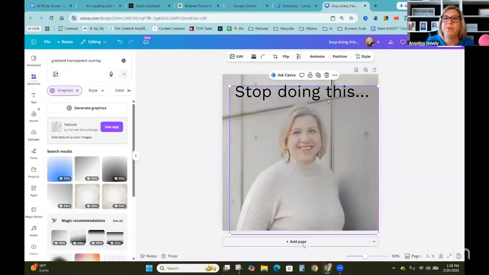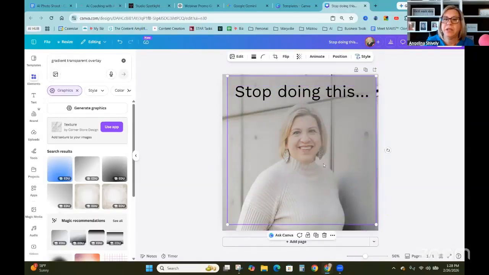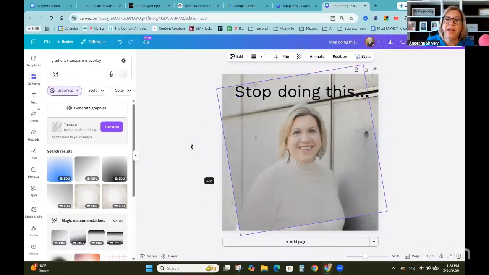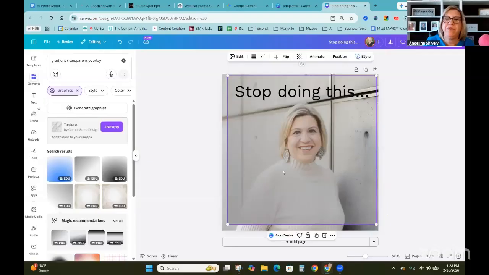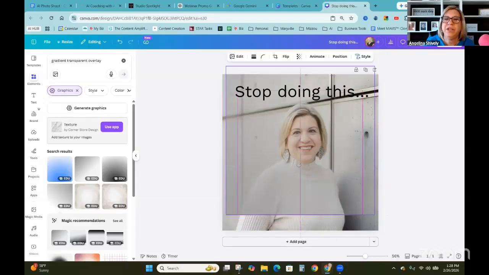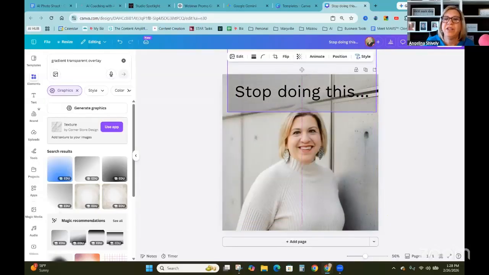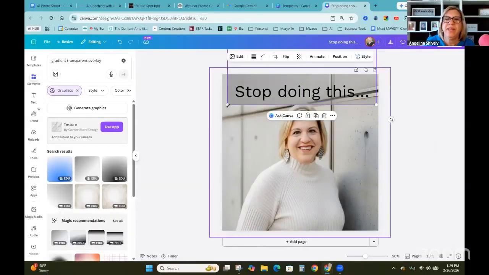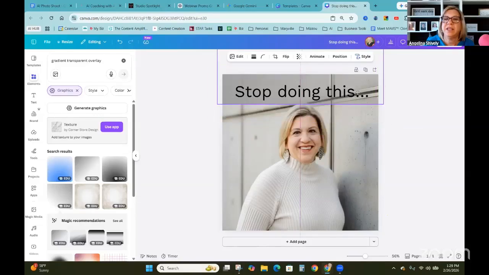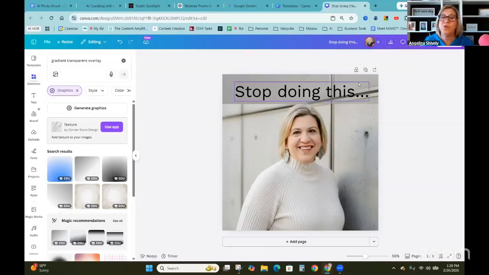and I'm going to flip this around so that maybe here. So you can see the gradient is like darker on the bottom for this one. And it's kind of hiding my face a little there. So I might do it like that. Okay. So now what I can do is replicate this